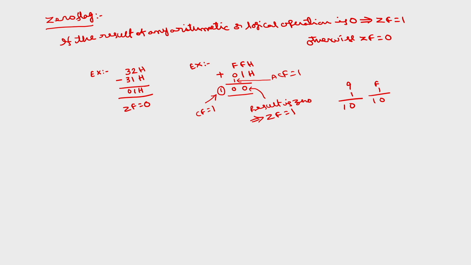Similarly, the next conditional flag is the sign flag. As the name implies, this sign flag will be used in signed arithmetic. We know that the computer cannot understand plus and minus. The computer understands only the language consisting of zeros and ones. So if you want to give plus some number, minus some number, we have to represent plus and minus also in terms of zeros and ones. There are three ways to represent signed numbers.